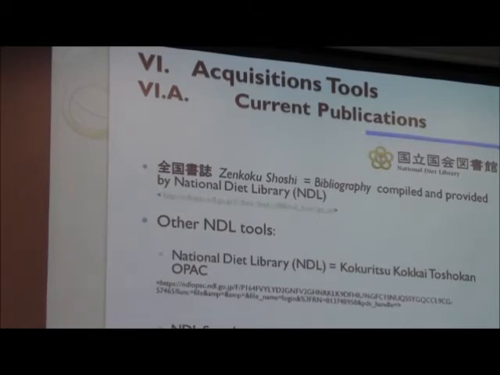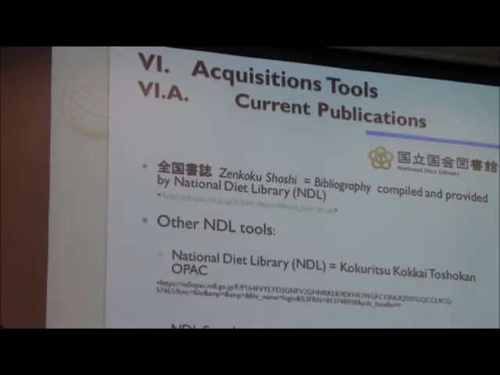For current publication, I think the most comprehensive one is Zenkoku Shoshi. It used to come in a monthly printed publication, but that's no longer available, and it became online only. The beauty of Zenkoku Shoshi is that the National Library is a depository library, so they receive technically everything published in Japan. That's not really true, but technically it's supposed to collect everything published in Japan, and it's particularly useful for those gray